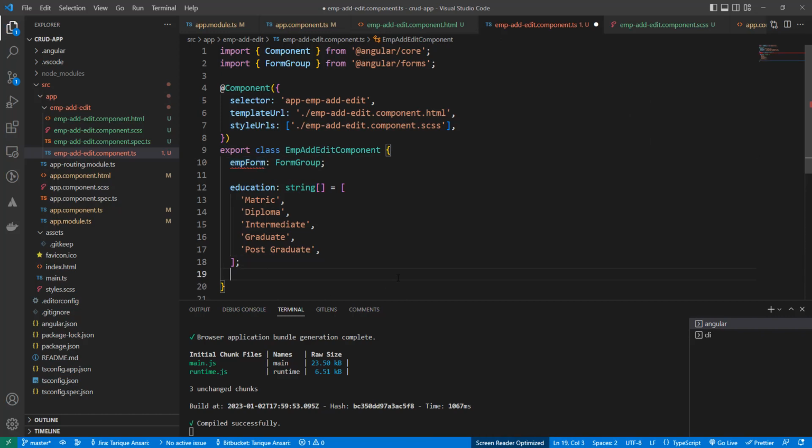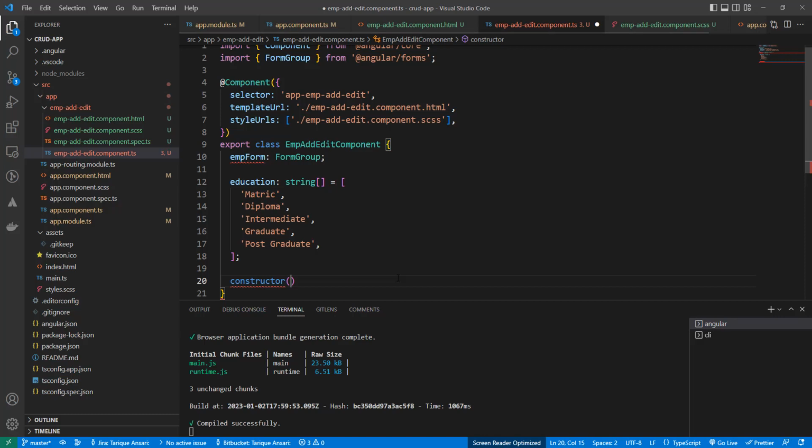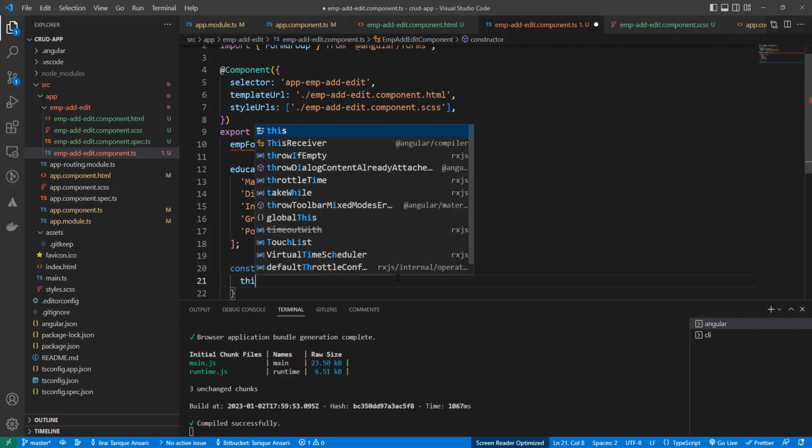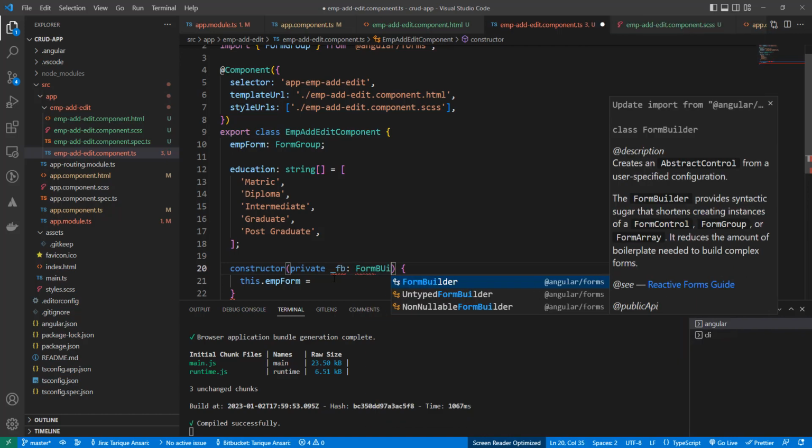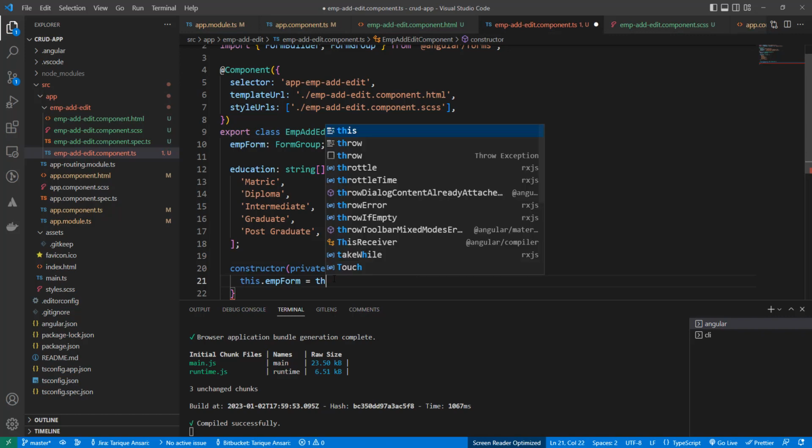And for me, the best place to initialize is the constructor. But most of the people also use ngOnInit. No worry, I'll use the constructor. emp form, and we don't need to make it optional. I have seen many people make it optional because they define this form inside ngOnInit. If you're defining inside a constructor, you don't need to make this optional. Now this dot. Now let's use the service of form builder, private. As I said, I always use underscore for service variable, form builder. Now this dot